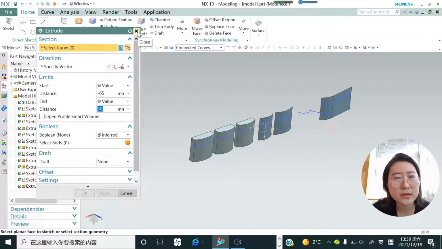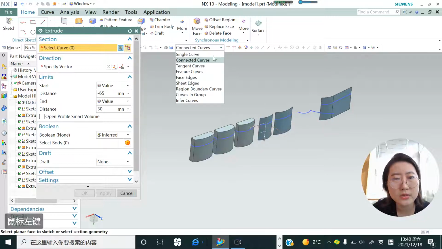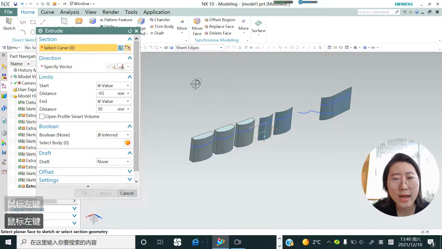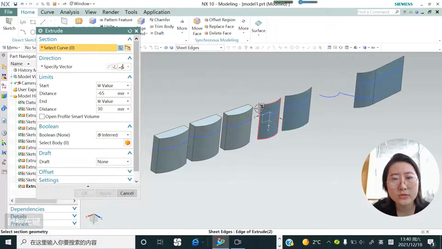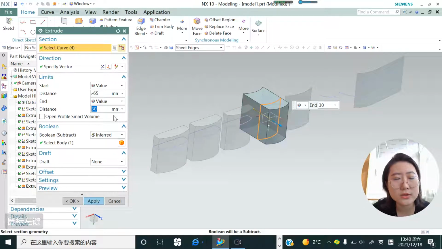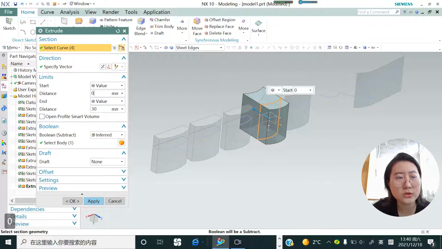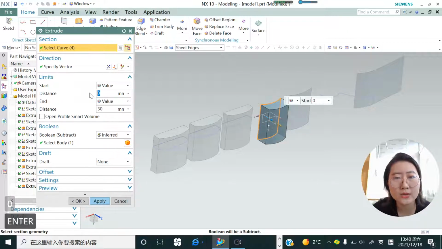And then in these shades, if I change to shade edge, when I move the mouse to this edge, I can directly choose this edge of the shades. So I click this, and you can see I can extrude it in both directions. Let's just change to a single direction, to be added one distance at 0 millimeters. And